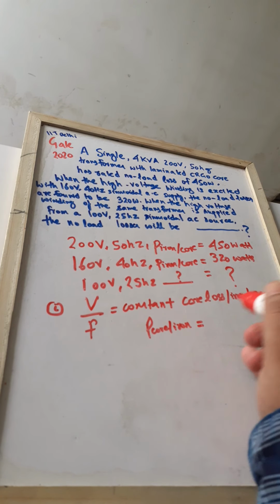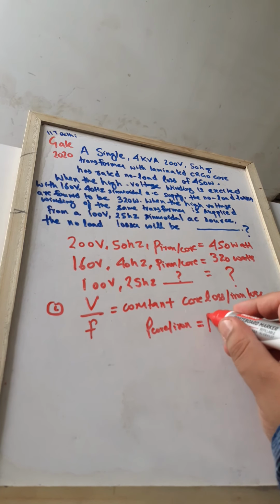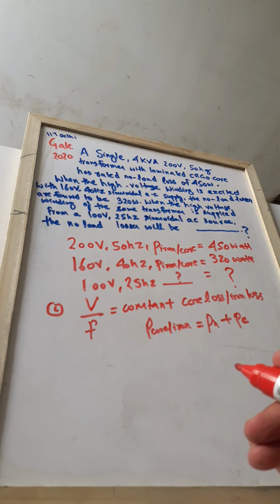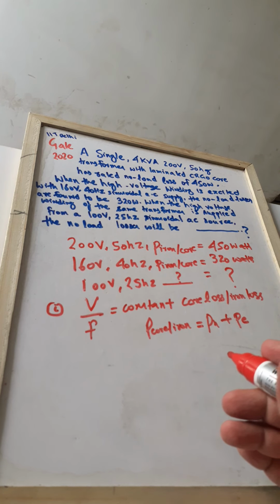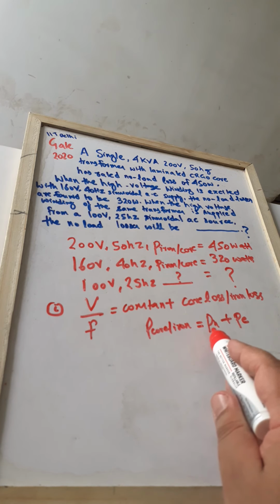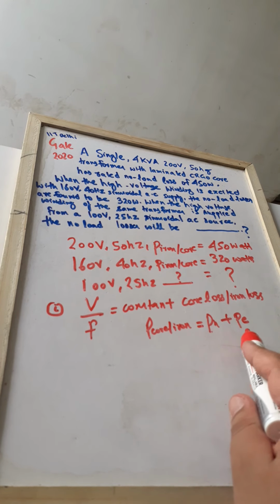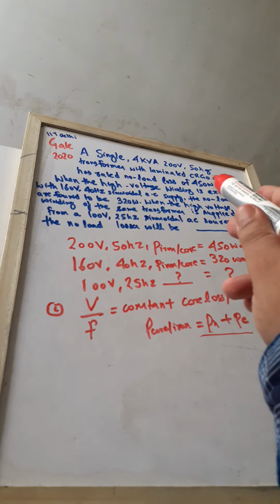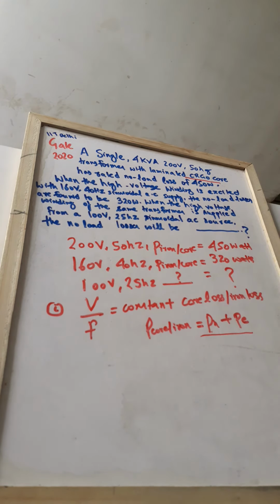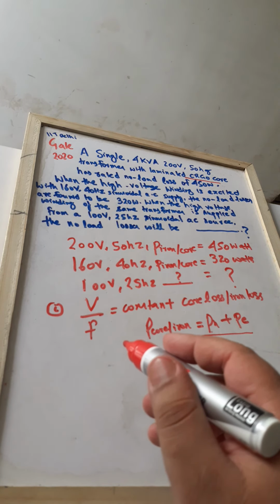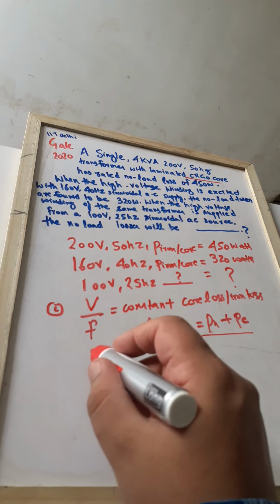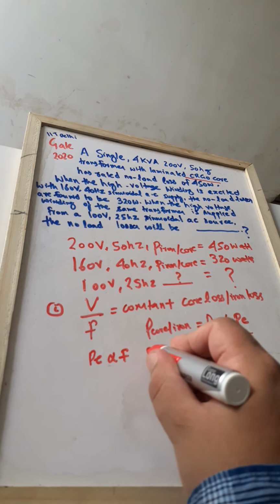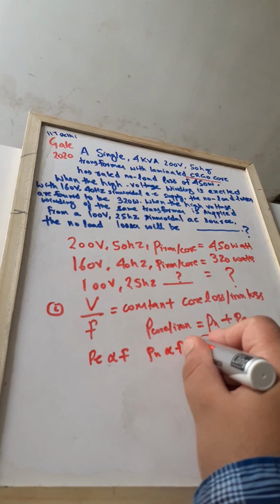That is equal to the hysteresis loss P H plus the eddy current loss P e. In our earlier discussions, when we started the transformer, we told time and again that silicon grading is done for hysteresis loss and lamination for eddy current loss, and we use CRGO core to minimize both the eddy current and hysteresis losses. One important factor to understand is that the eddy current loss is directly proportional to frequency squared, whereas the hysteresis loss is proportional to frequency.